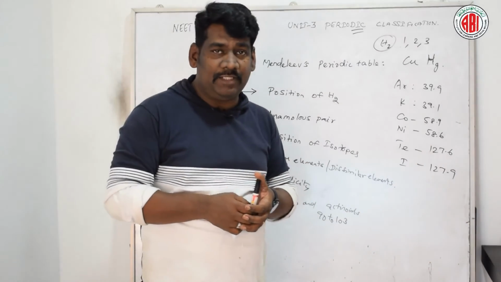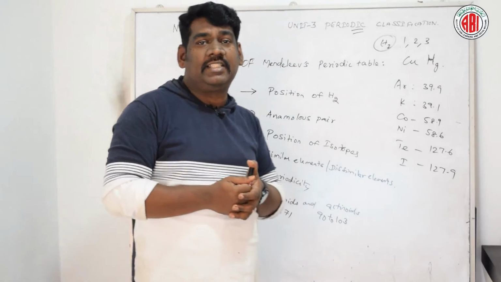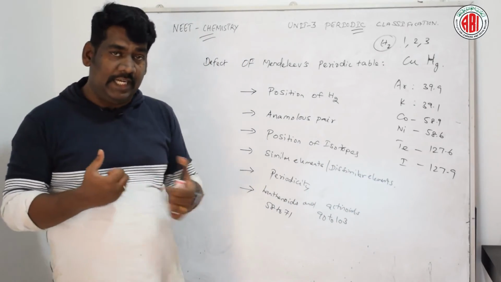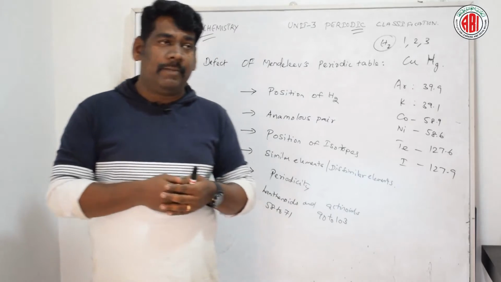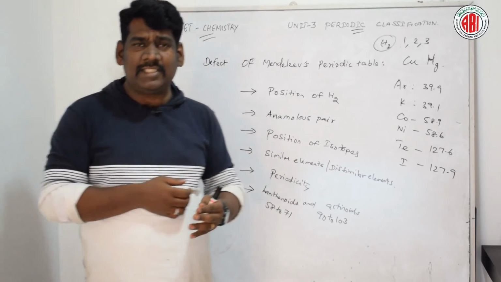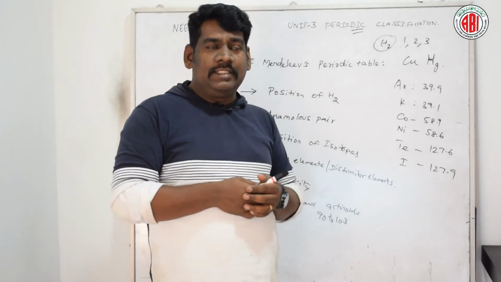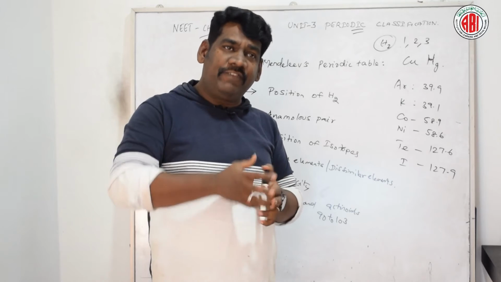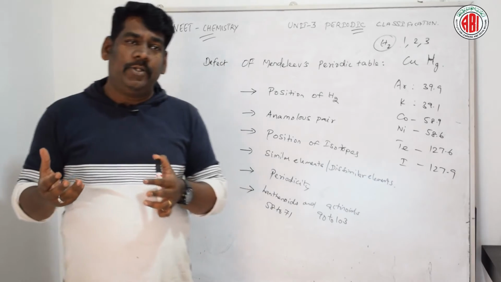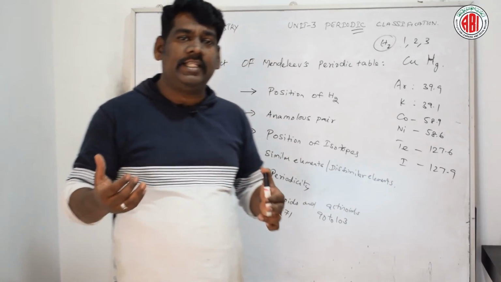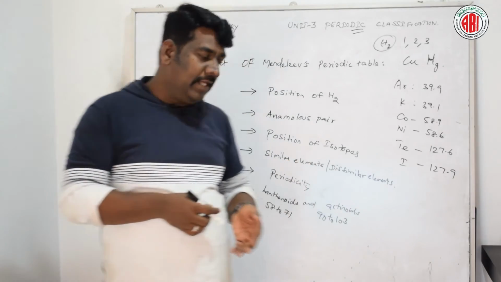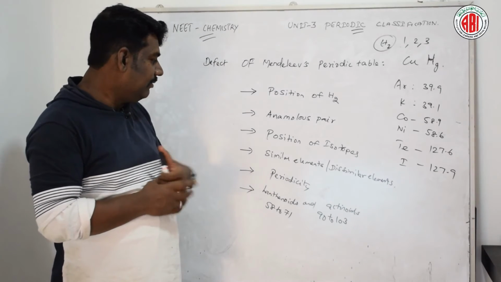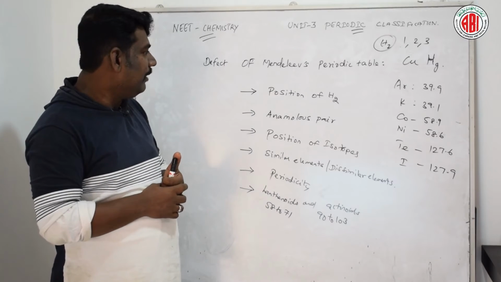Next, talking about the similar and dissimilar elements. There are some elements which have similar characteristic features, like physical and chemical characteristic features, but they were placed in different groups. Similarly, elements in different groups could be added to the similar type of element. So that is also one of the major issues for this Mendeleev periodic table.